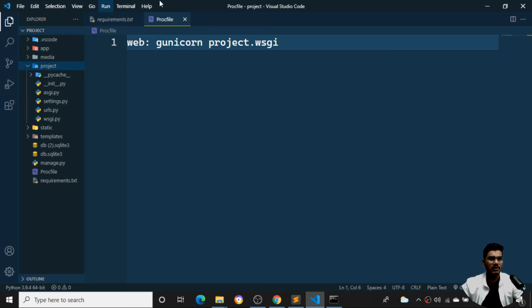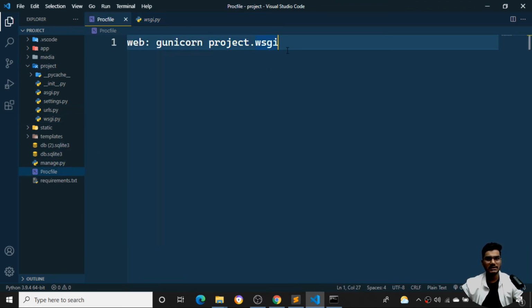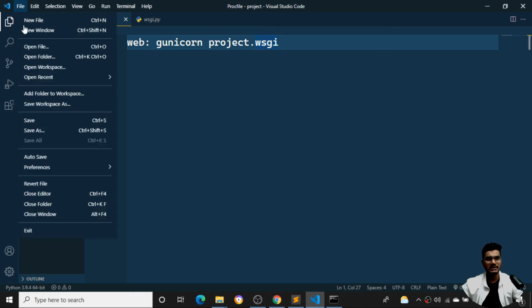The project name in my application is project itself, so I'm just giving it as project. Whichever folder name you gave at the time of django-admin startproject, that is the project name. I had given project itself. If you have given iCoder as your project name, here it will be iCoder. But I have given project, where my settings.py folder name is project. So I need to give project.wsgi. Inside my project there will be a WSGI file. I need to run this application when it is hosted, so I am just giving it as it is. I'll just save everything from here.